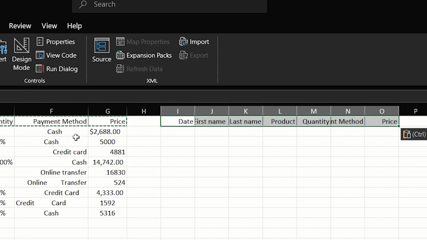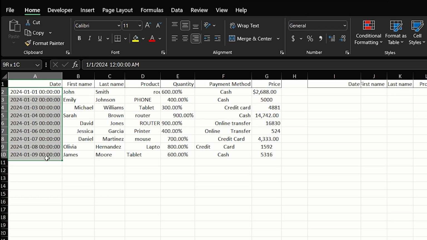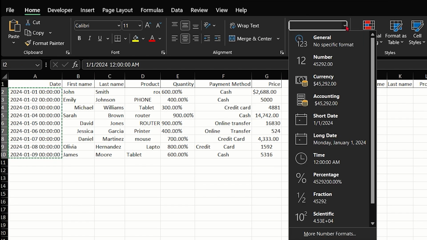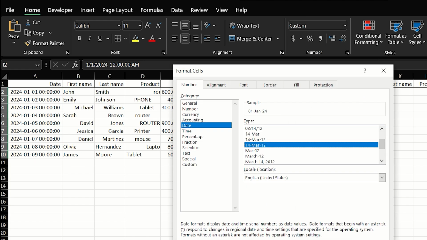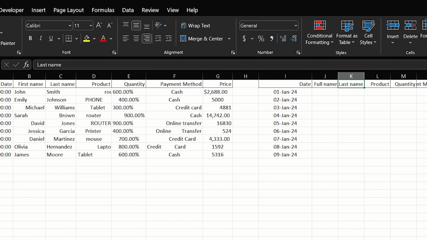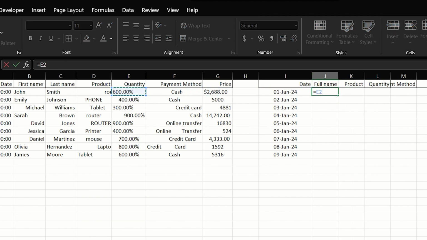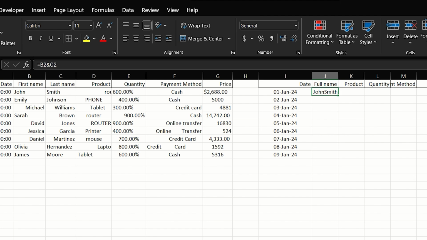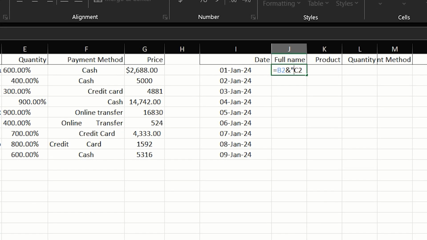We'll copy the heading. So for the dates, I will copy the dates from here. We'll change the formats to this format. Now I need to combine the first name and last name to get a full name. Change the heading to full name. Delete the column last name equal to first name and last name. I need to get a space in between the John Smith. For that, we'll edit the formula. Double quotes, space, double quotes, and